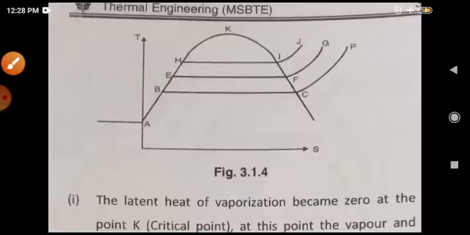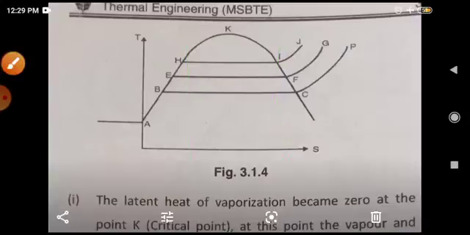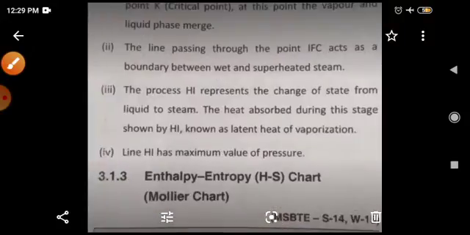That's why you will get steam in the pressure cooker easily. At high pressure and low temperature, you will get steam in the pressure cooker. In the pressure cooker, pressure goes on increasing, so the phase of water changes immediately. That means we need very little heat to vaporize the water. These are the things to be memorized from this figure, so keep all these things in mind.